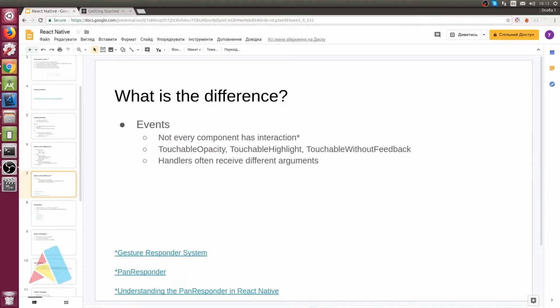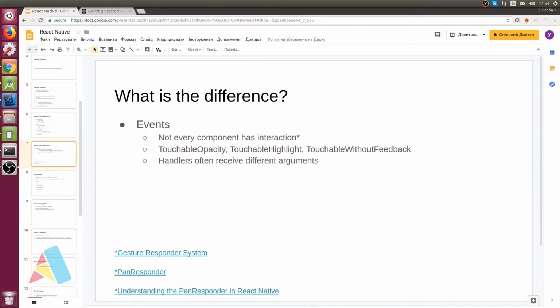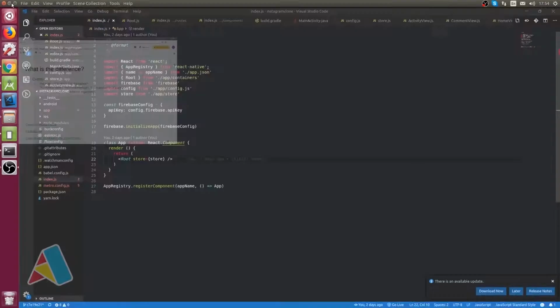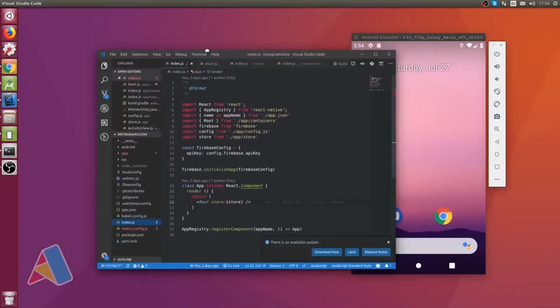Basically, the first point about touch event handlers is not 100% true, because there is such a thing as a gesture responsive system, and it allows you to implement the onPress method on almost any component. Okay, let's see how it works in reality, and I have already prepared an app starter, and all we have